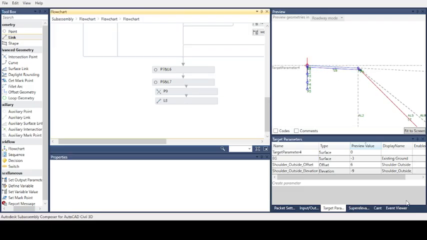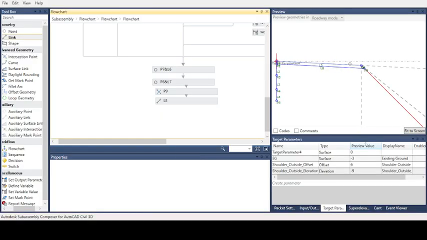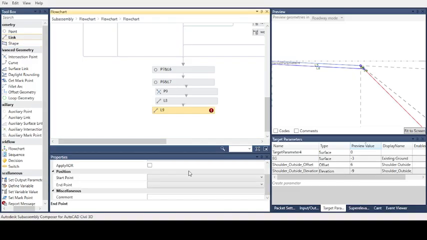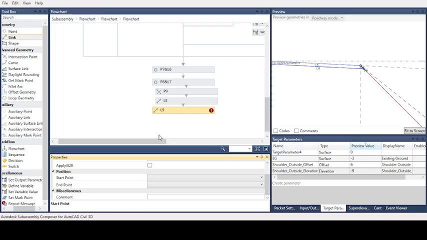And also now we will make another link. This link connects point 7 and point 9. Point 7 and point 9.